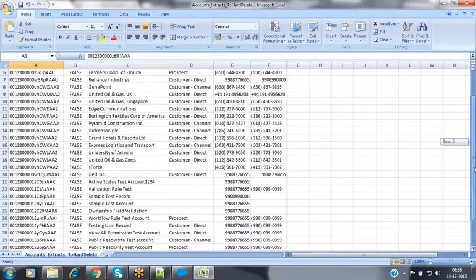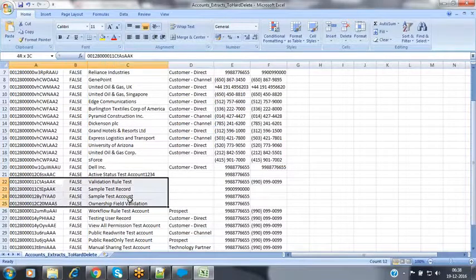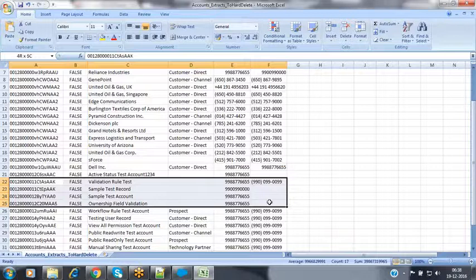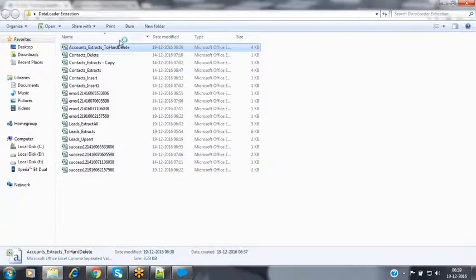And then I would like to remove these 4 records over here. I'm selecting these 4 records. I would like to remove these 4 records over here. I'm creating a copy.